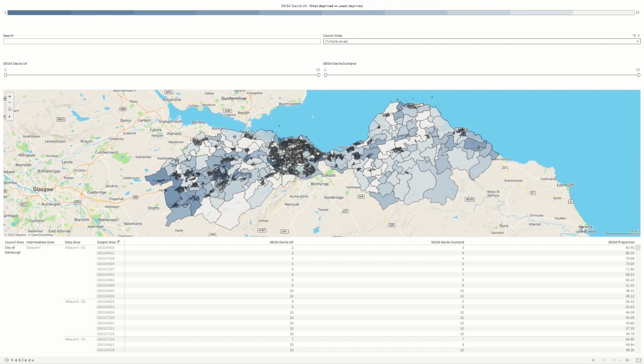The more council areas you select, the more data you are asking the maps to load, and therefore the slower they will respond. It is for this reason that when entering the maps for the first time, the default selection is a small area of the country, so that the maps load at a faster speed.